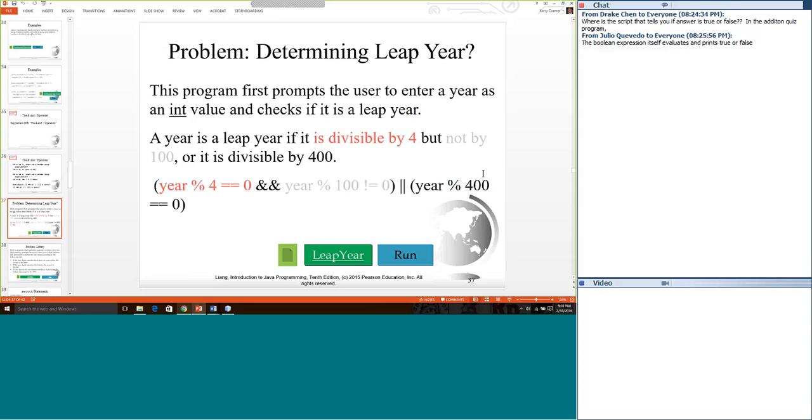What we have here is a very long expression, which will get evaluated to true or false, ORed with this expression right there. So all we need is this left side to be true, or this right side to be true. If either is true, we have a leap year. And we can run the program just to show you how it works.